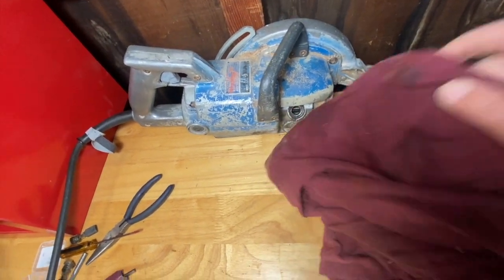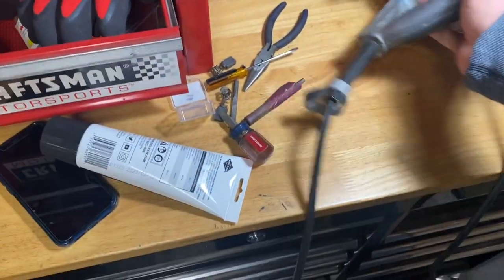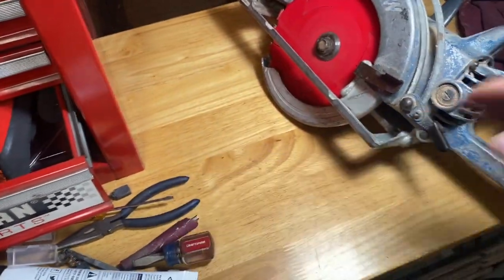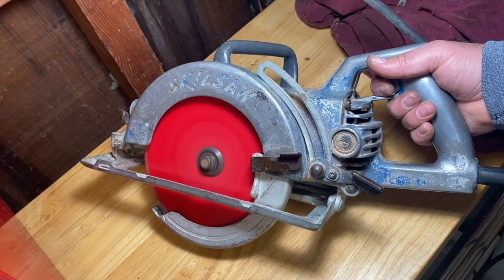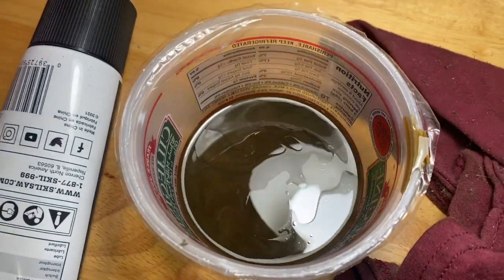Alright, let's drain this. I almost forgot to run this for a minute, you silly me. I mean, I just told myself to run it for a minute. Here we go. Okay, so